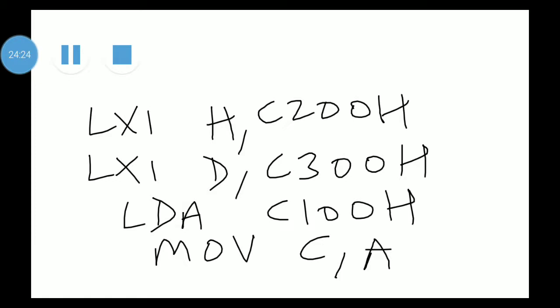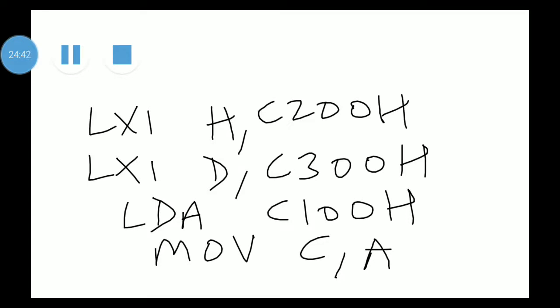Now LXI H will initialize C200. LXI D will initialize the output location C300. LDA C100 gives us the length, which has been stored in C100.